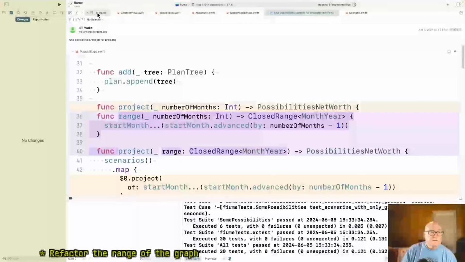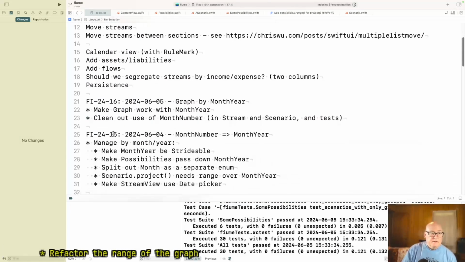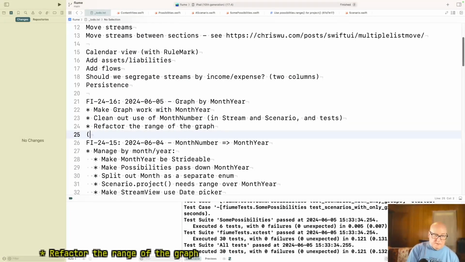Okay, so take a look at to-do. Refactor the range of the graph. Yeah, I guess we've done that. And we